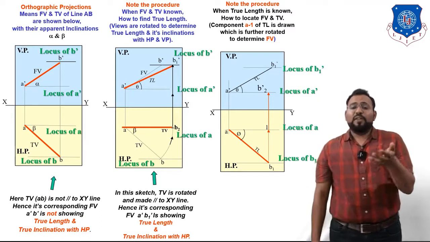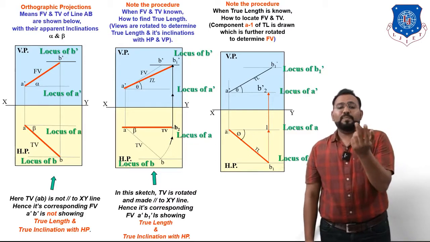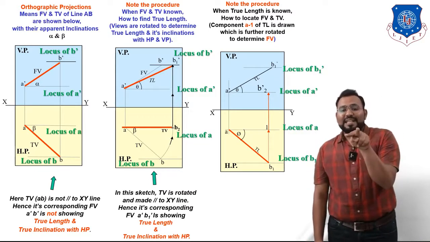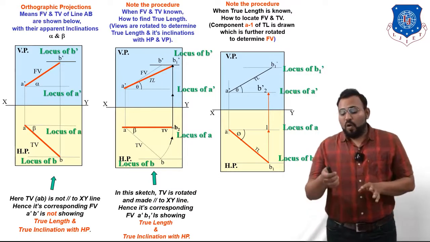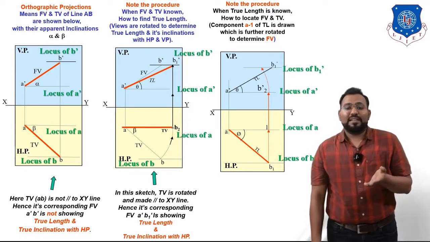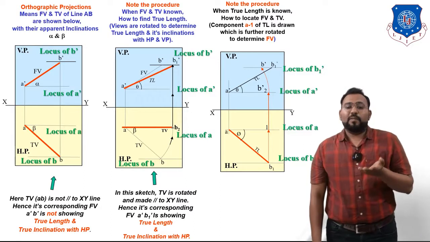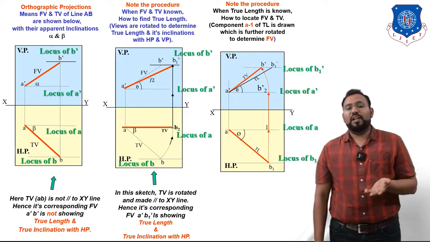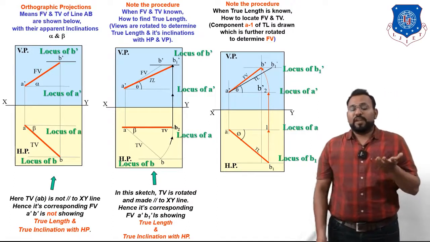Now what you will do, take a distance equal to A' B2'. Now take a distance equal to A' B2', and with A' as a center, put an arc on the locus of B1', something like this. Whenever it intersects, it will be a point B'. So now connect A' B', and it is going to show us the front view. Okay, so this is how you can find a front view.